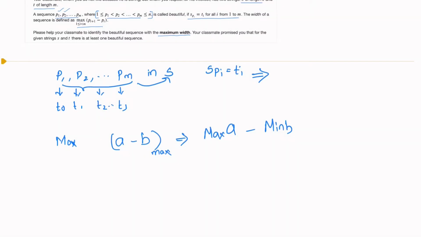Now let's use this fact to maximize the difference between two positions for two corresponding characters in string t.